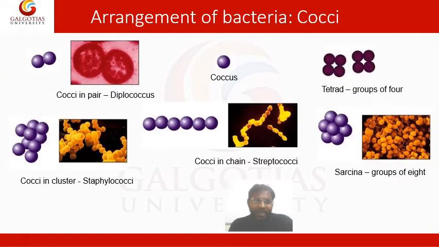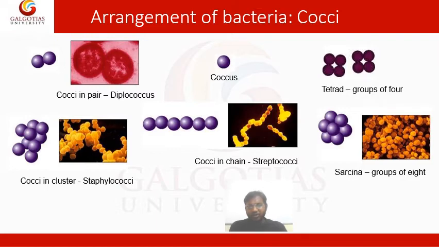And next, the arrangements of the cocci. Cocci can be single, in bunches, or in chain formation: monococci, diplococci. We have to observe them by microscope only. You can see the diplococci here. This is the diplococci. Next, single monococci, and tetrad groups of 4, only 4 cocci. And next, streptococci in chain formation.